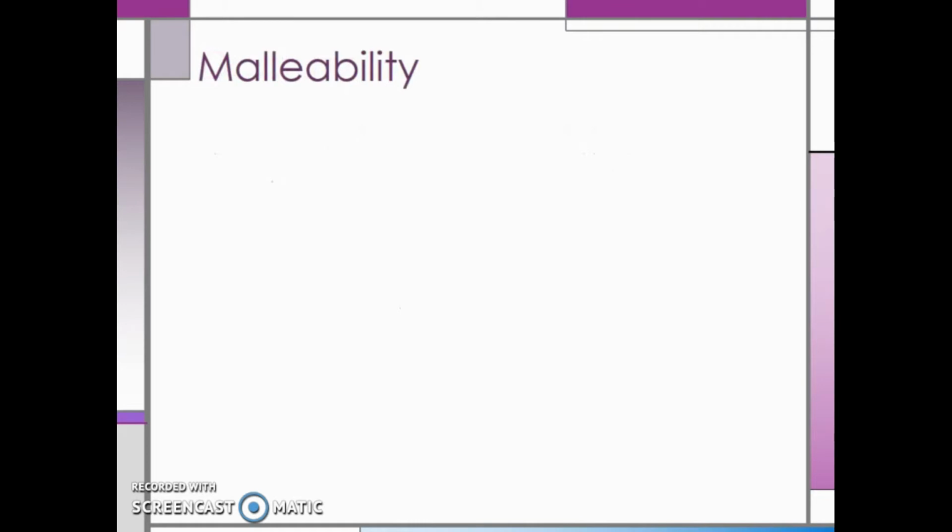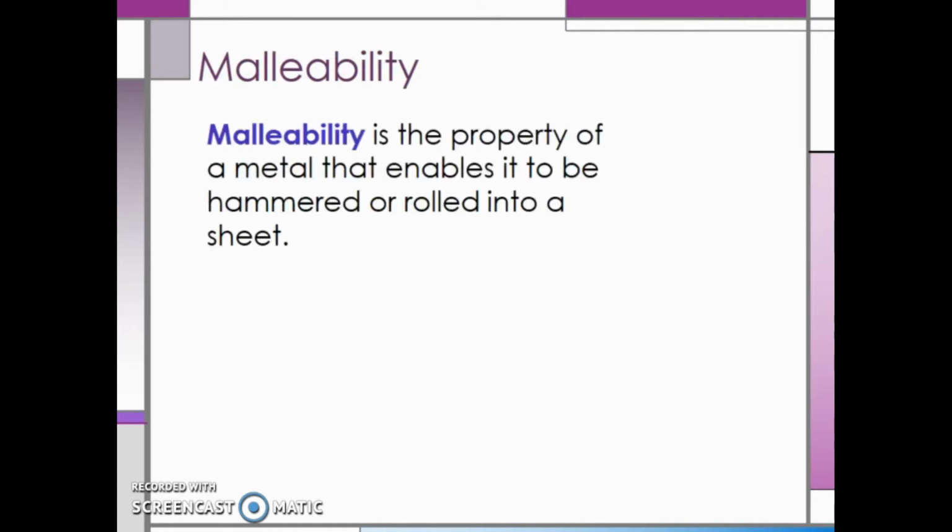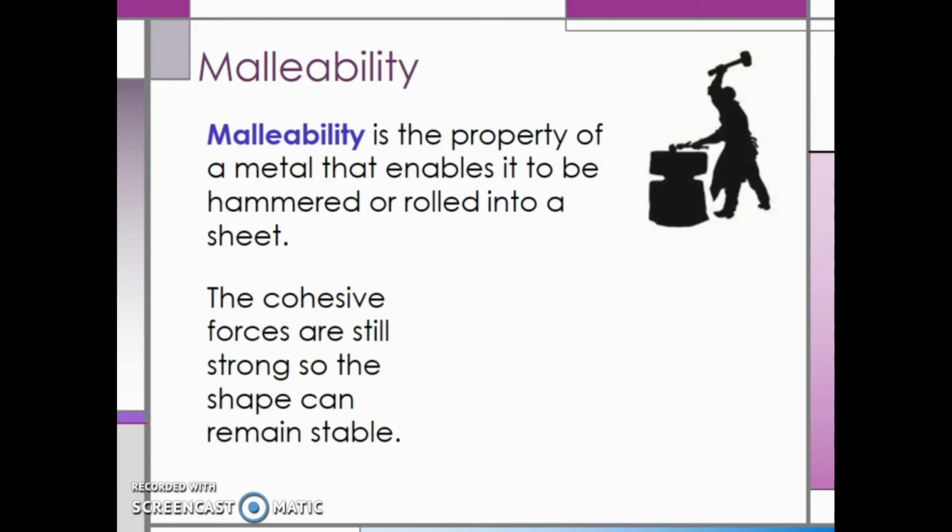The sixth property of solids is malleability. Malleability is the property of a metal that enables it to be hammered or rolled into a sheet. Malleability is similar to ductility in that it is the ability to deform under pressure or compressive stress. In a metal that is malleable, the cohesive forces, or forces between like molecules, are still so strong that the